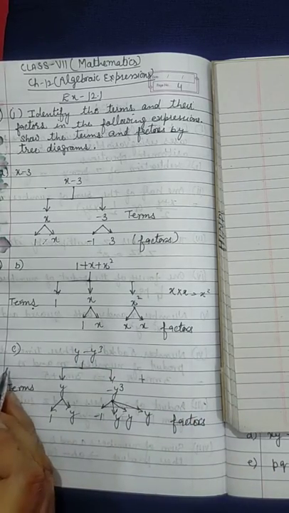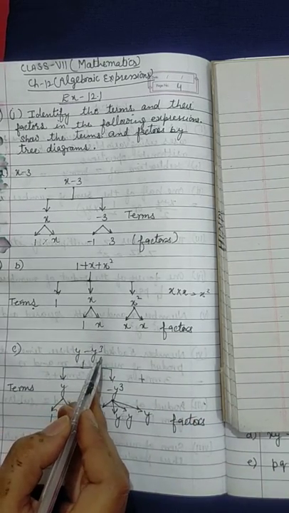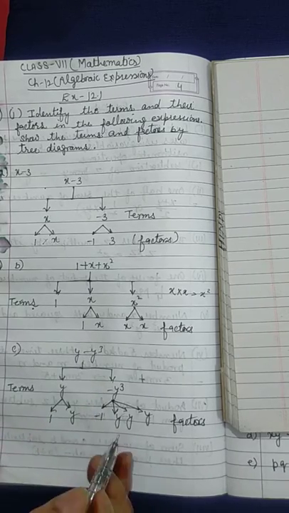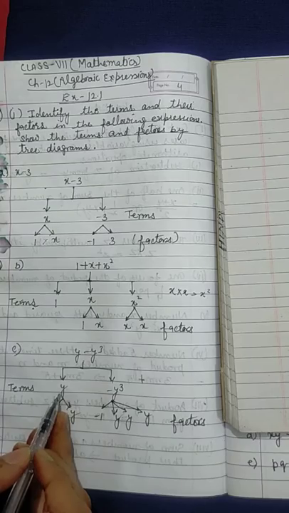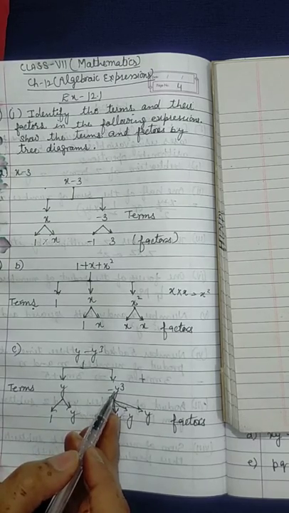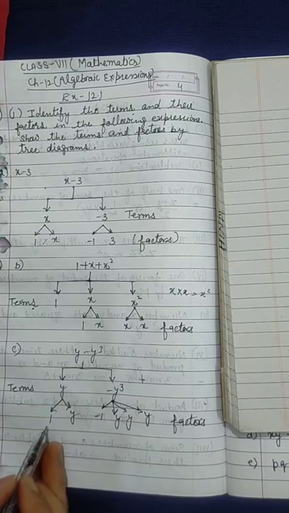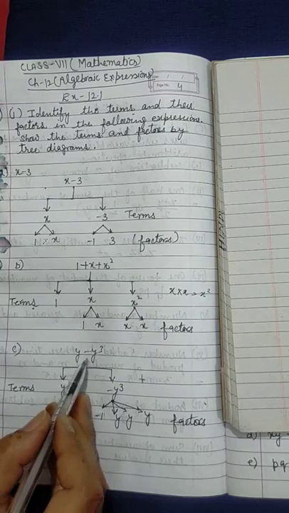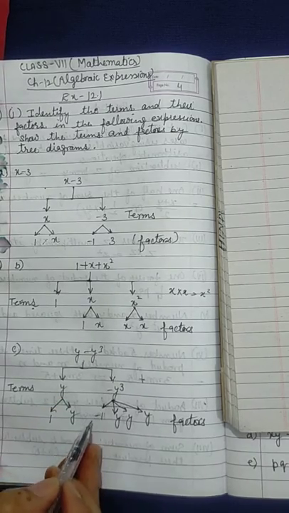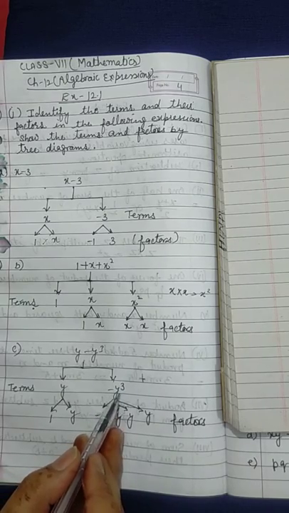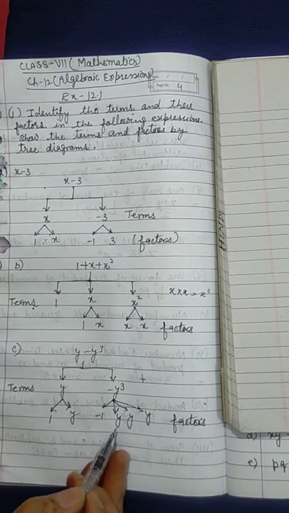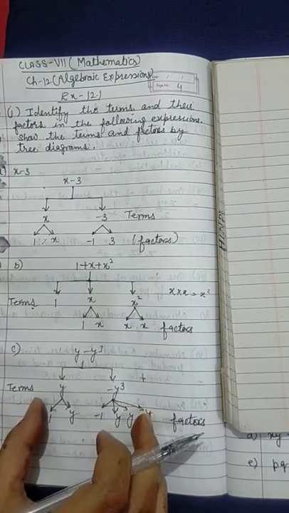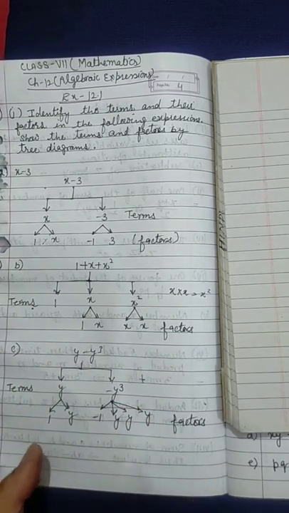And then in the third part we have y minus y cube. Again we will make separate terms: write y separately and minus y cube separately. Then again we write y as 1, then y, because they are the factors of y. And then minus y raised to the power 3. So write minus 1 separately, then y 3 times by putting arrows. And these are the factors, and this is the way to represent them by tree diagram. Fine.